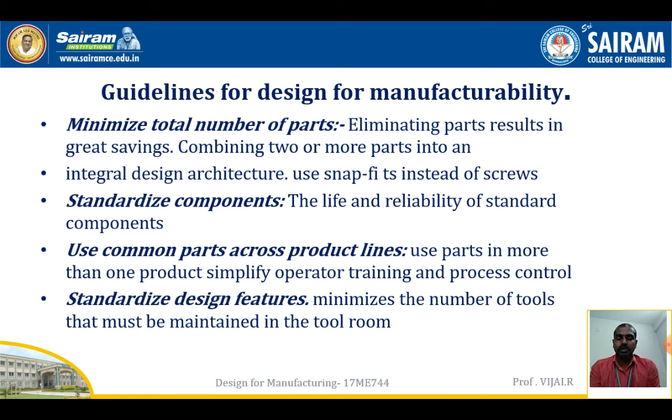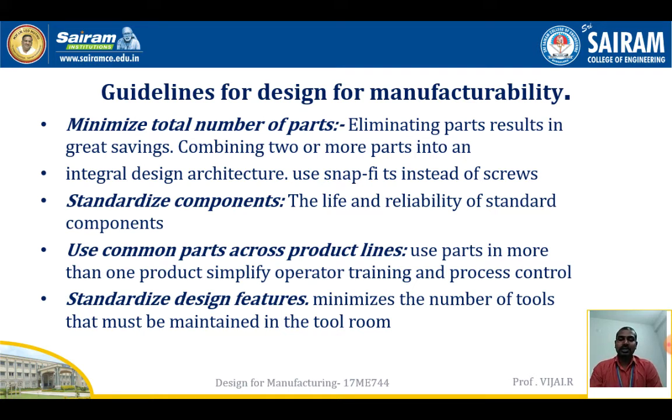When a component comes, we can see it's a combination of so many parts, isn't it? A bike or car or mixie jar, whatever it is, it's a combination of different components, parts. If the number of components increases, automatically the process increases. If the process increases, the complexity will increase. So the first one is we have to maintain the minimum number of parts in a component, which gives fewer problems and processes.